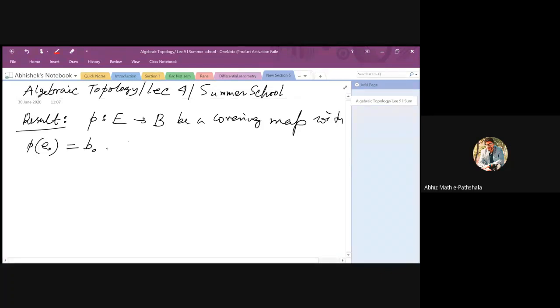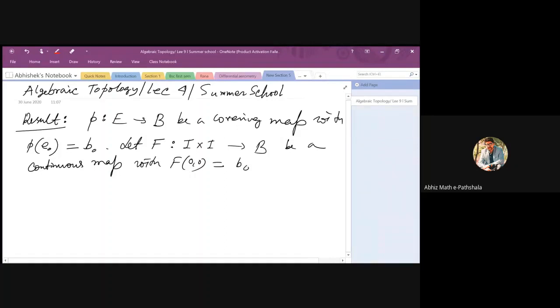Then if you have a function f from the unit square I cross I to B, a continuous map with the condition that f of 0, 0 is b naught,